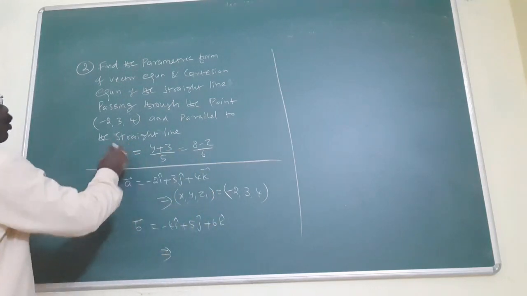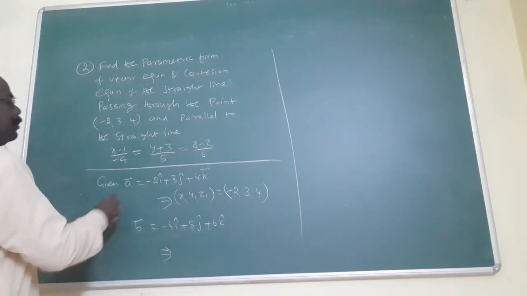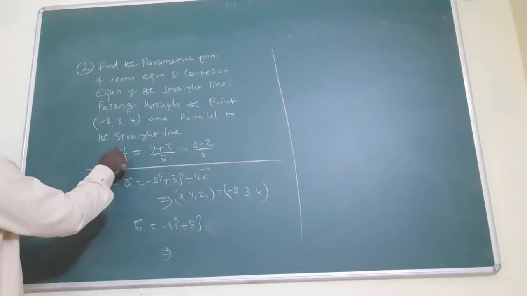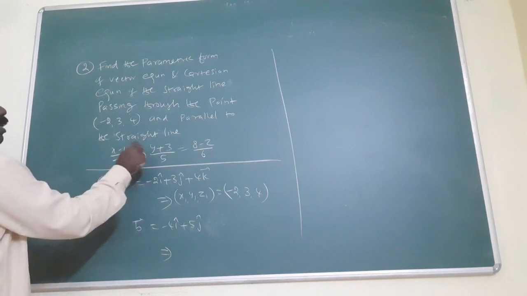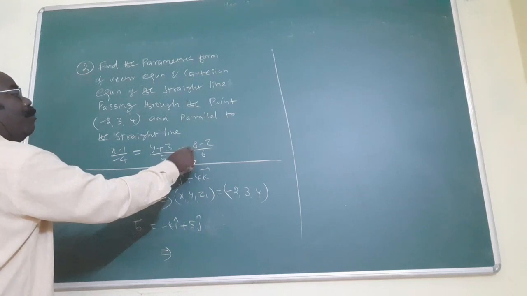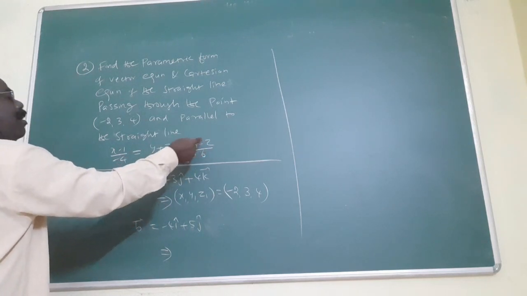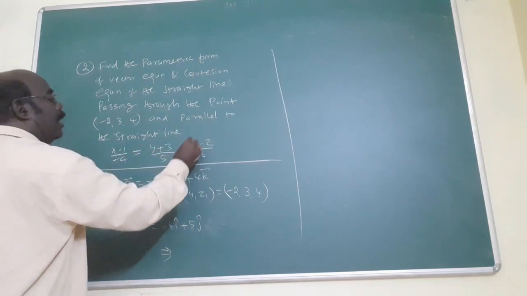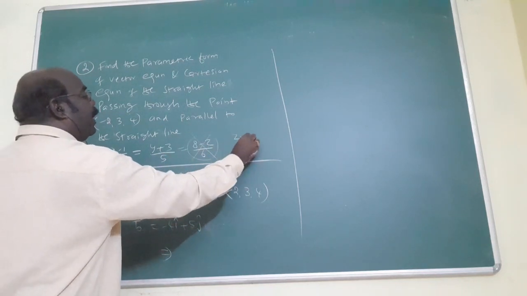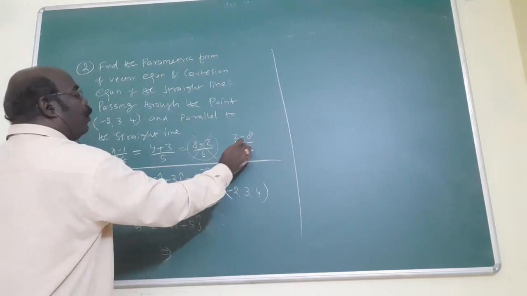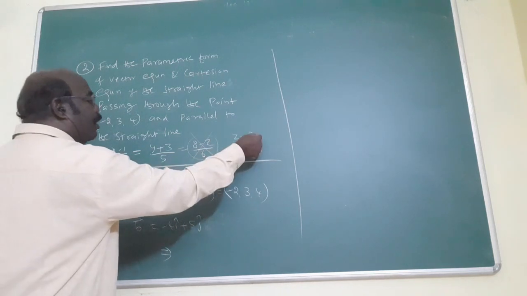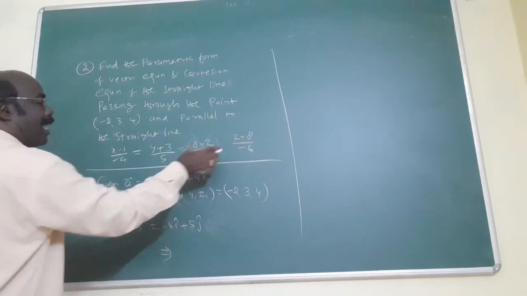The question is not in order. The question has x plus or minus something by something, y plus or minus something by something, and z minus or plus something by something. That is the correct formula. This is not correct, so the question is changed here. Z minus a by minus a: you want to multiply and divide by minus. Automatically z minus a will come with minus 6. But this is the correct format.